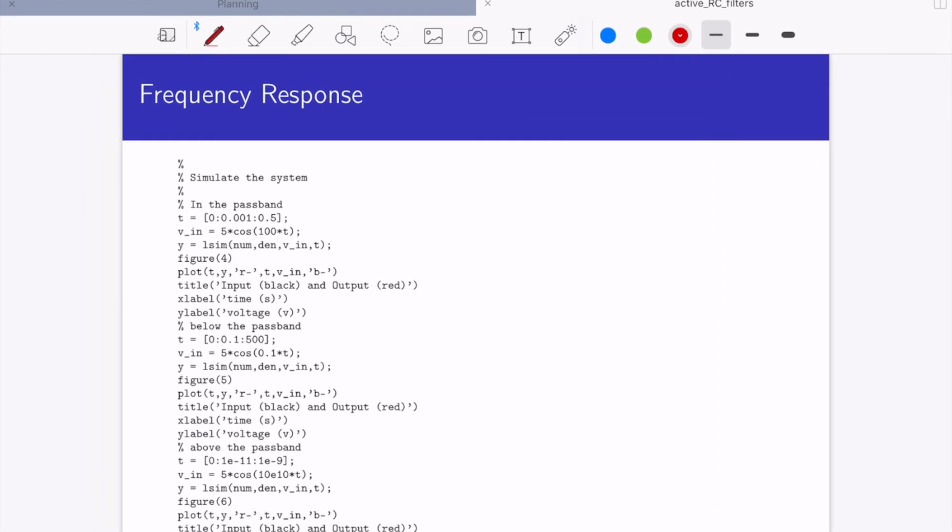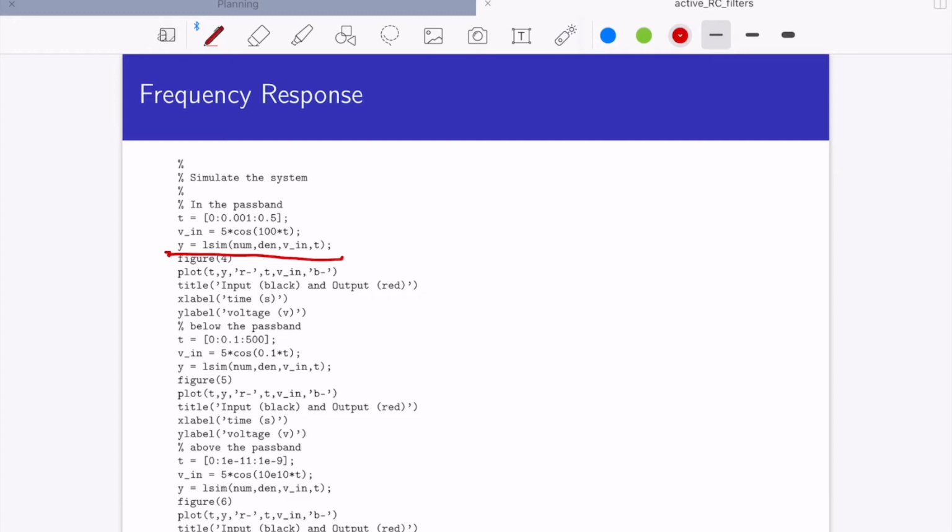Okay, I wrote some MATLAB. You can refer back to it if you want later. But basically what I'm going to do is take an input in the pass band. I'm going to simulate with LSIM and then plot the figure. That's basically calculating what's happening to the output, what the output is for that input. And then I'm going to look at two other